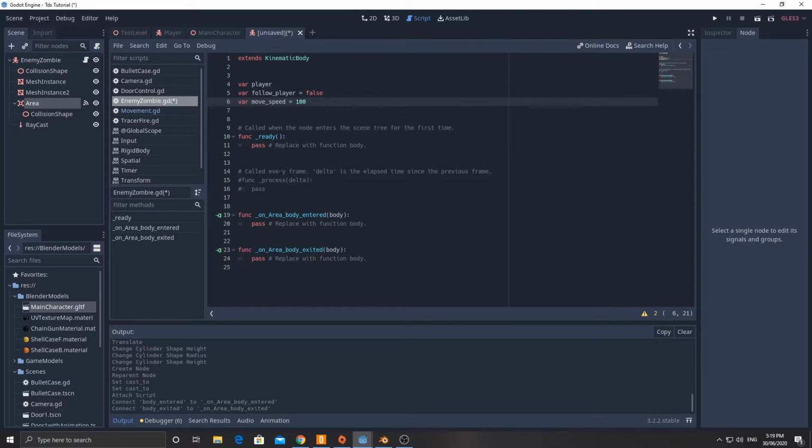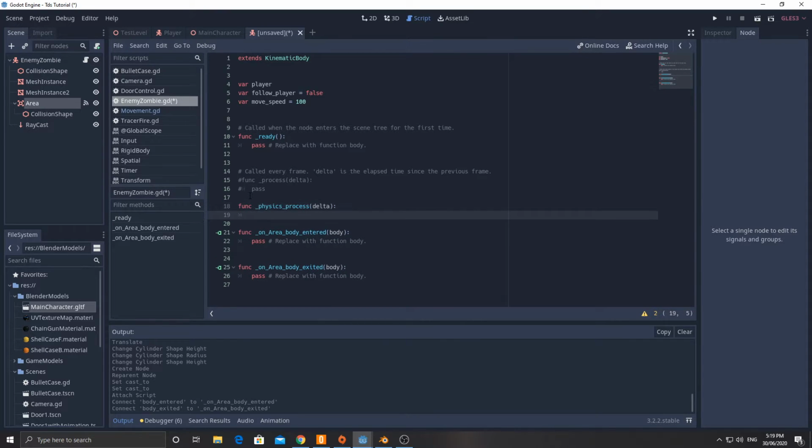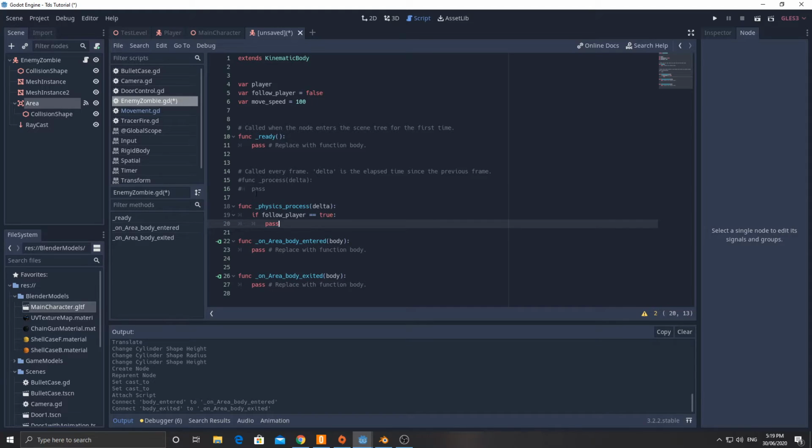And let's go ahead, and in the physics process, we'll add that in, func physics process. We're going to say if follow player equals true, we'll do this stuff in here. Now on area body entered, what we want to do with this one is check to see what body has entered. And we can do that with body.name. If body.name equals player,